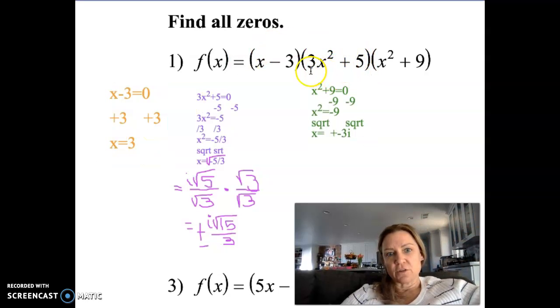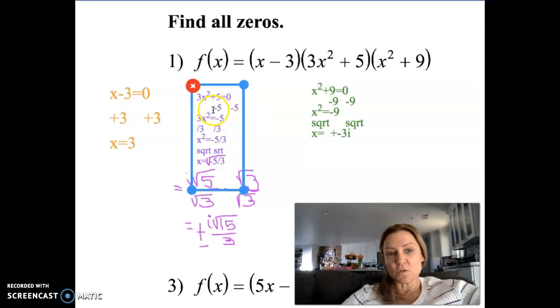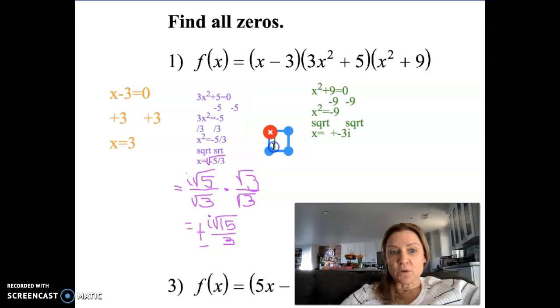The second factor is 3x squared plus 5. Set that one equal to 0, and it's a couple more steps, so you want to start by subtracting 5 from both sides of the equal sign. And then you're going to divide both sides by 3. Then you're going to take the square root of both sides, and that's where it gets a little bit tricky